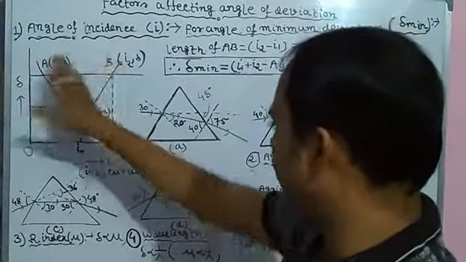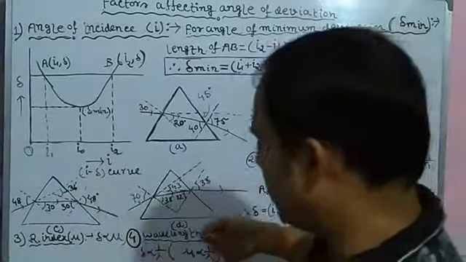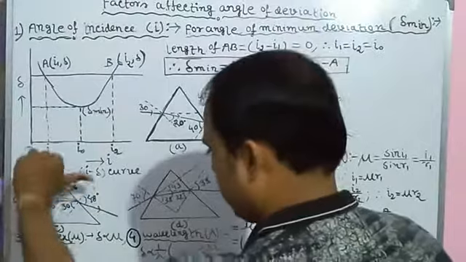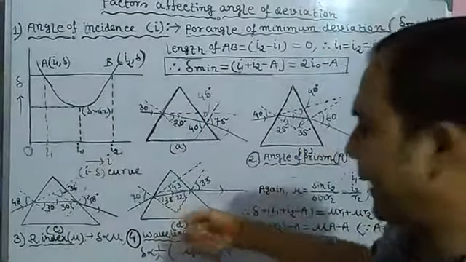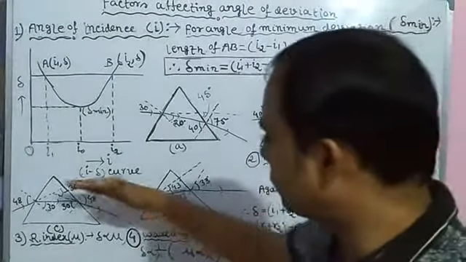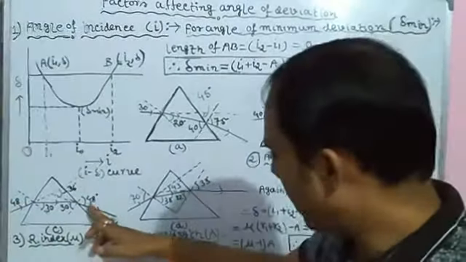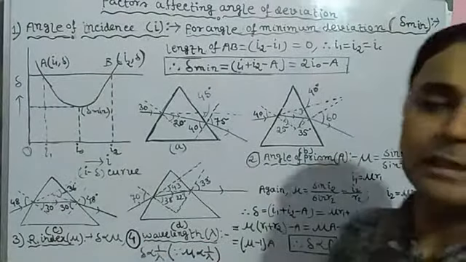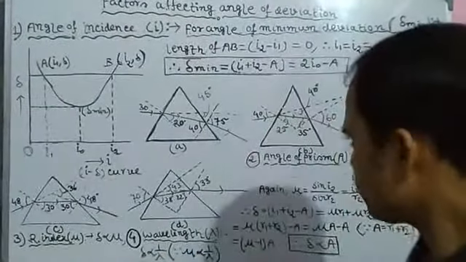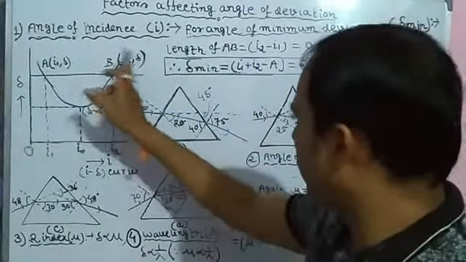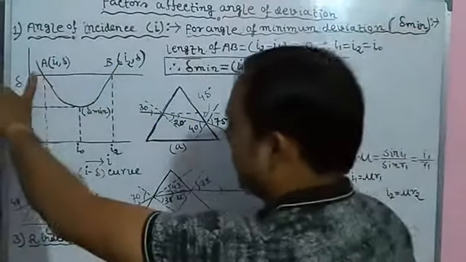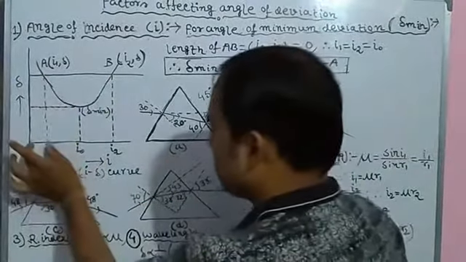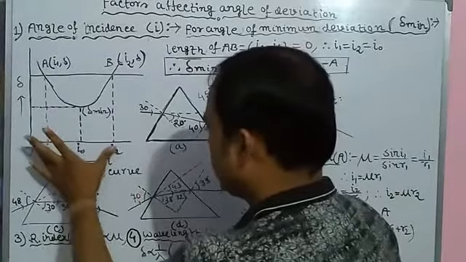So for two values of angle of incidence, if we reverse the direction of the light, at first light is incident from here, then if we reverse the direction, we may flash the torchlight here, and the light will trace the same path. In this case I2 will be the angle of incidence and I1 will be the angle of emergence, which is based on the principle of reversibility of light. So for two angles of incidence, the value is the same, this is delta. Here is delta, here is delta, where this is I1, this is I2, clear.